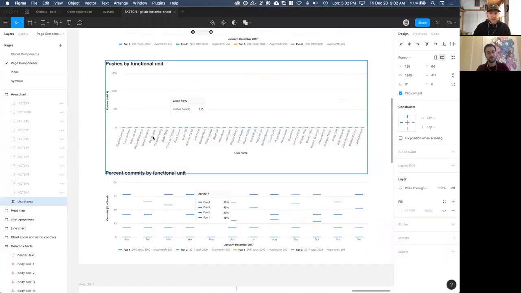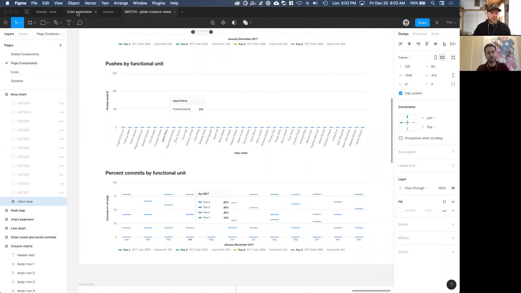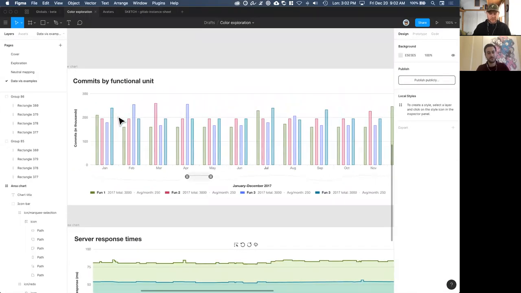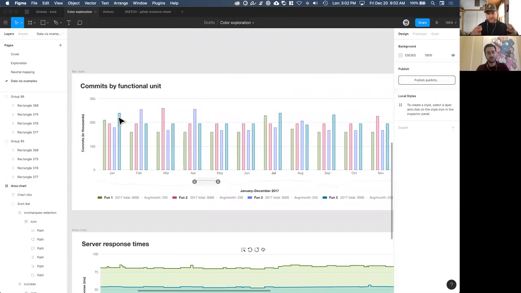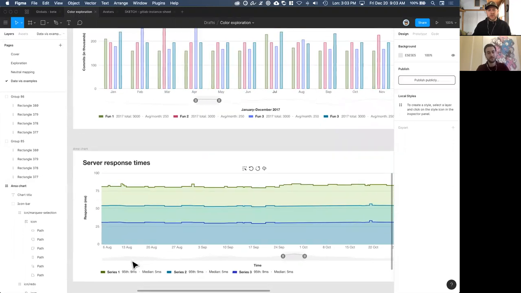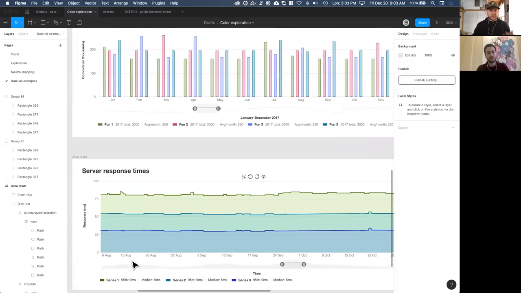If we switch back over, let me go back to exploration. This is not, I would say, all that less appealing, if that makes sense. And even the server response time, this one is actually more appealing, because you don't get that muddy overlay. So I think there are going to be some good wins in there, that as you're viewing the data, it's not going to feel yucky or have that kind of toned-down approach. In some cases, it could actually